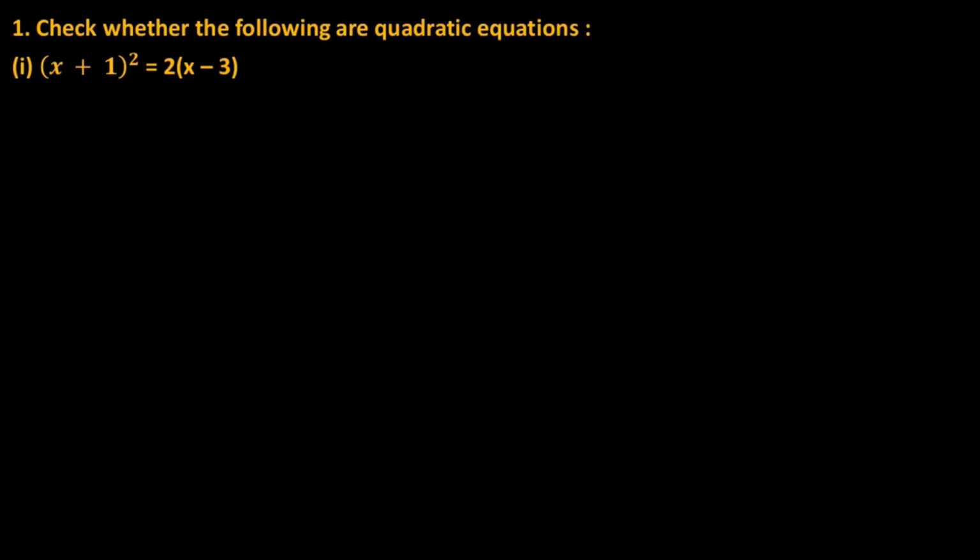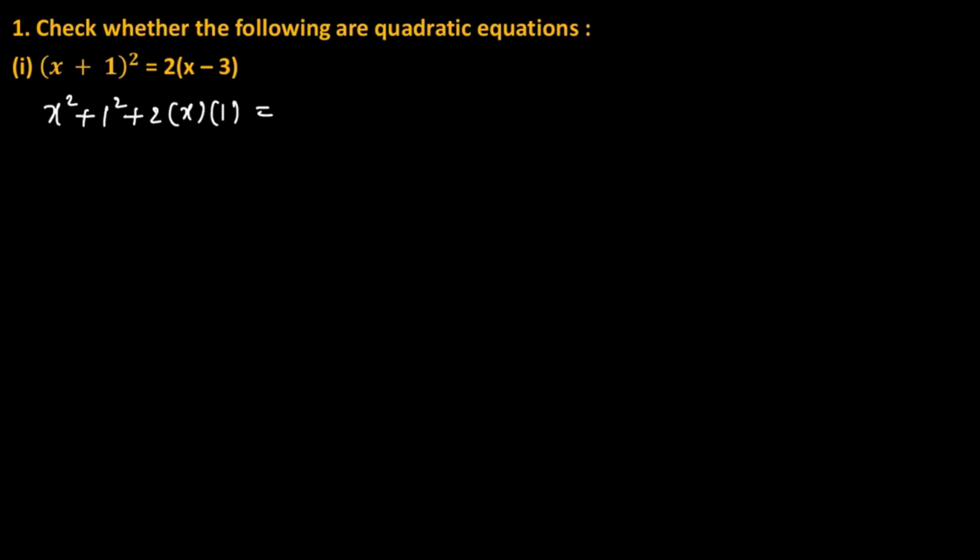Hi everyone, let's start the first problem in exercise 4.1. Check whether the following are quadratic equations. The first problem is (x + 1) whole square is equal to 2 into (x - 3). Using the (a + b) whole square formula, a square plus b square plus 2ab, 2 into x into 1,